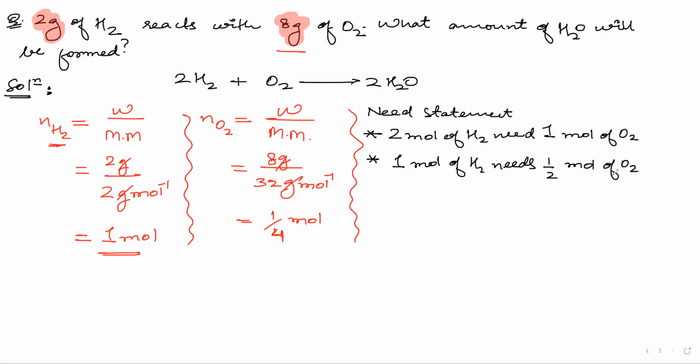1/2 mole of O2. Now, as we can see, we don't need to go further because 1 mole of H2 is what we have come across in the need statement, and also 1 mole of O2 is what is given to us, right? Now you tell me, for 1 mole of H2, we need how many moles of O2? Half moles, no? Yes. So O2 is more than needed. And how much O2 do we have?